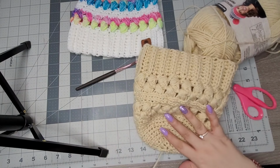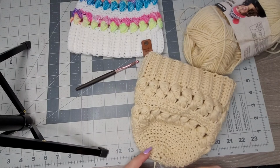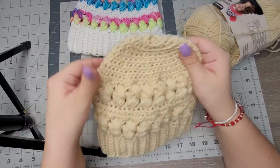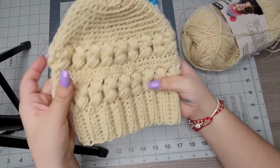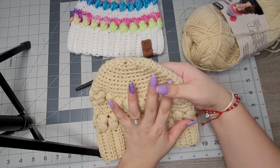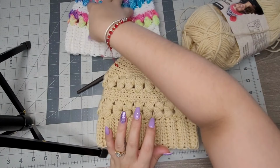And you can cut it off. Like so. And you have a nice beanie. Now, if you want to add the pom,